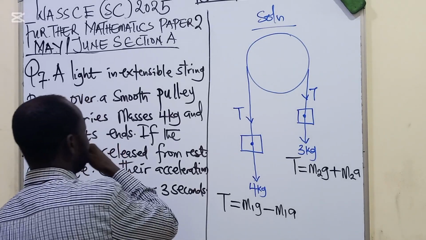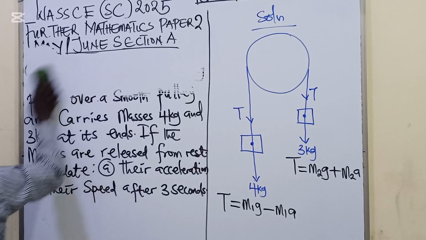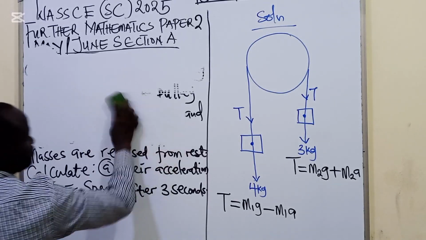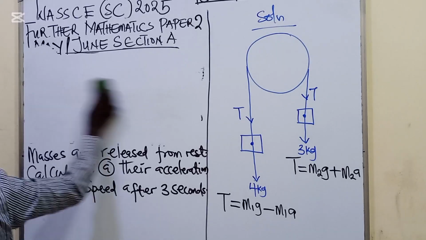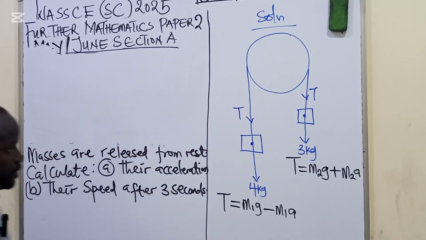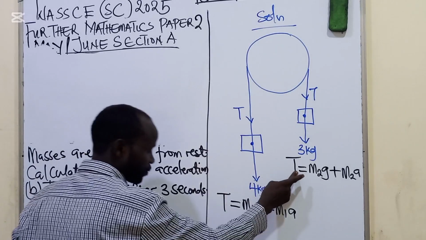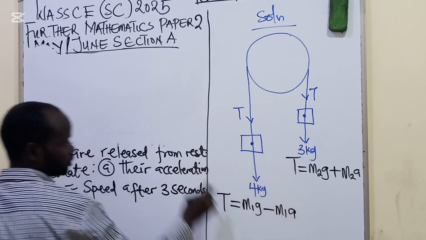Very important. Let me remove part of the question so that we can have a little bit of space here. Let me remove it up to this point. Mind you, the two masses are released from rest. So if they are released from rest, the initial velocity will be 0. So as I say, these T are equal, so we can equate these two. If we equate these two tensions, we'll have